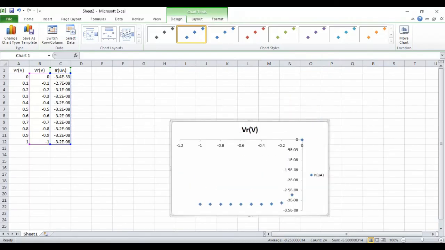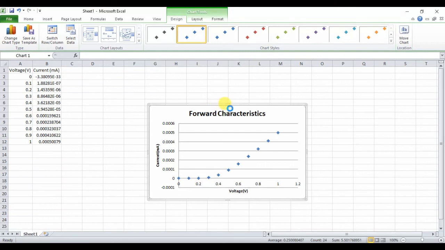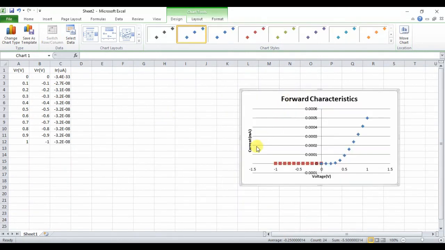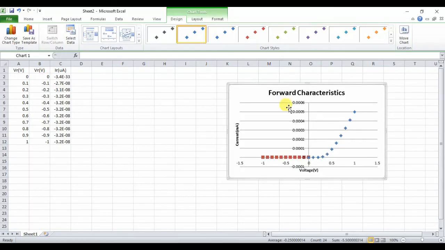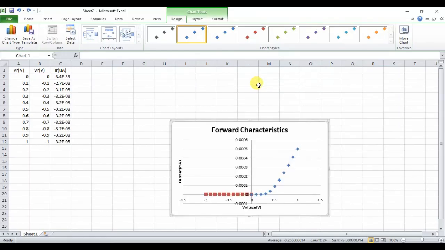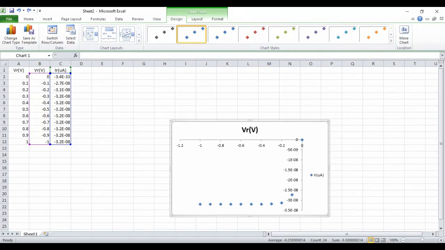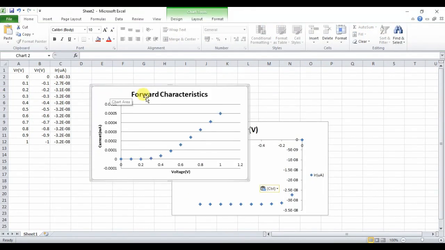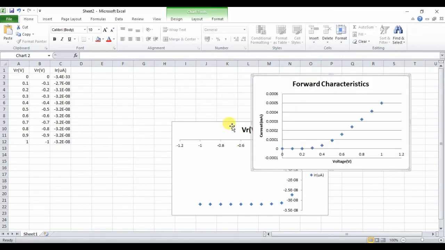So this is called the reverse characteristics, and here we have the forward characteristics. Combining these two, one minute. So let us see.